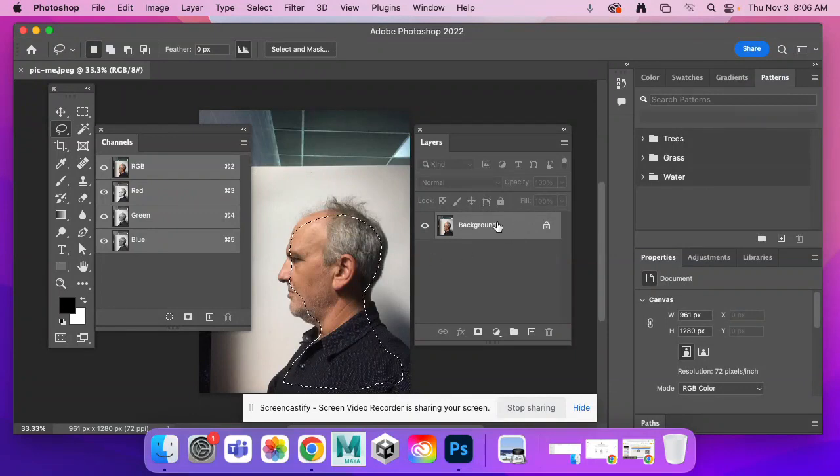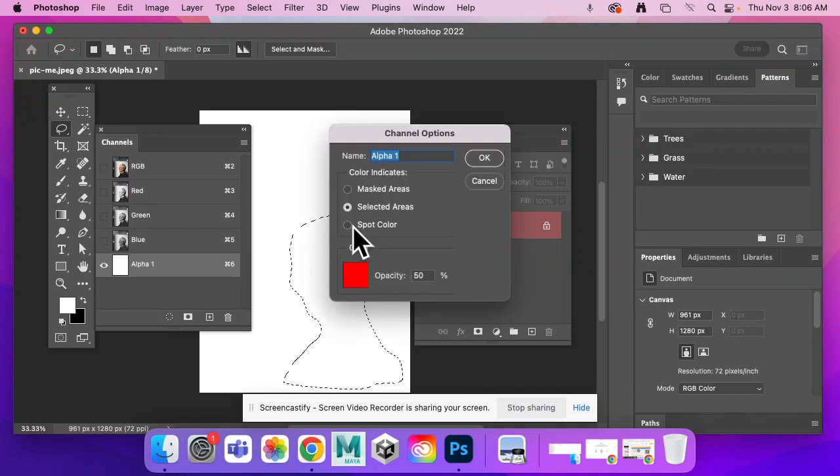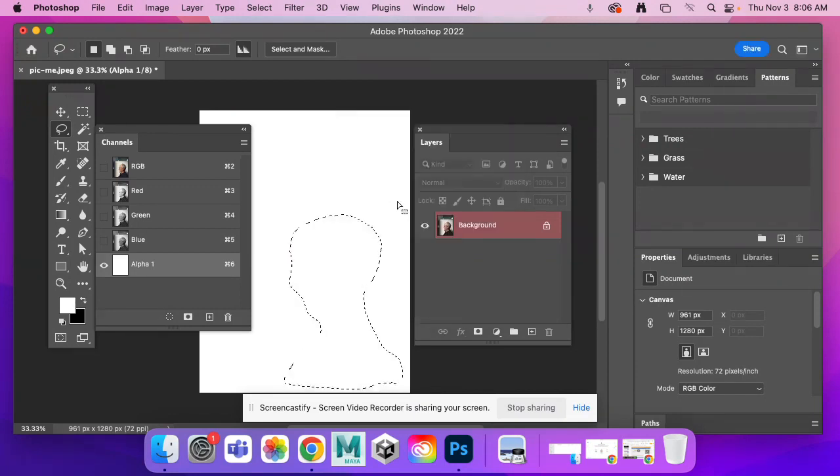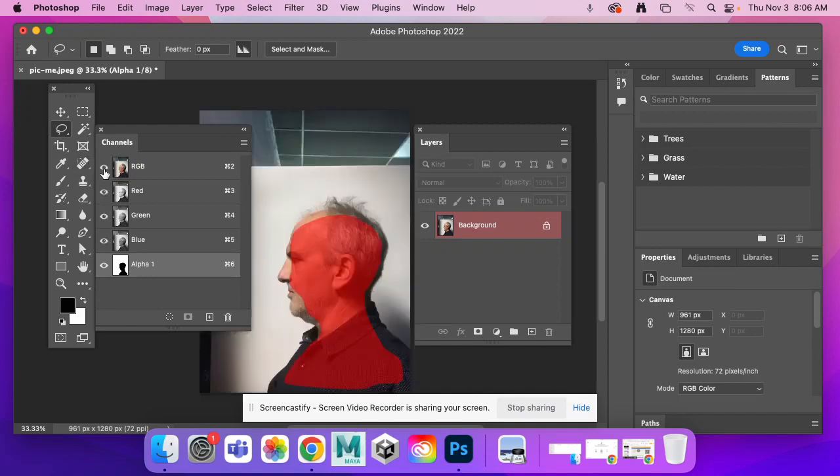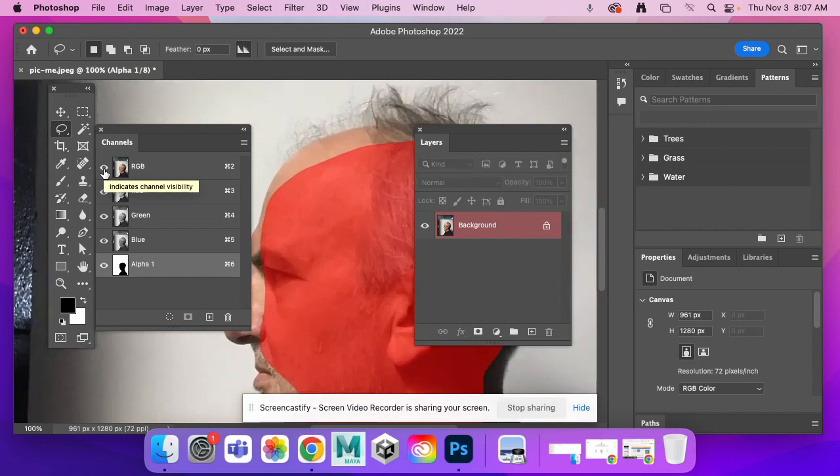And then last time we filled with layers, this time we're going to come over to a channel and we're using selected areas. And I will fill. So I could fill with Edit, Fill or my shortcut, Command Delete. What I'm going to do now is zoom in, Command plus,